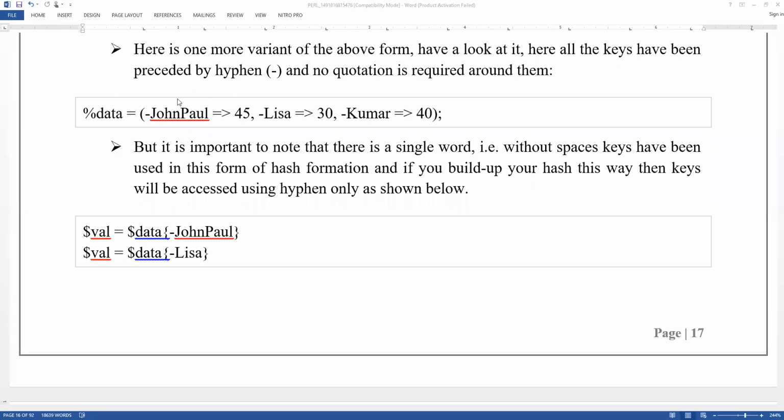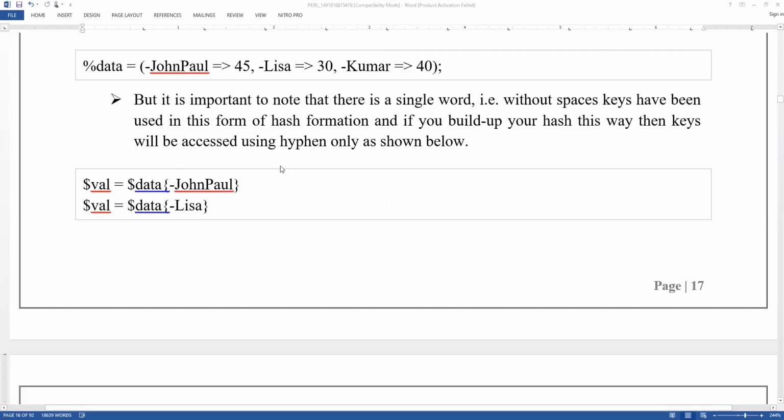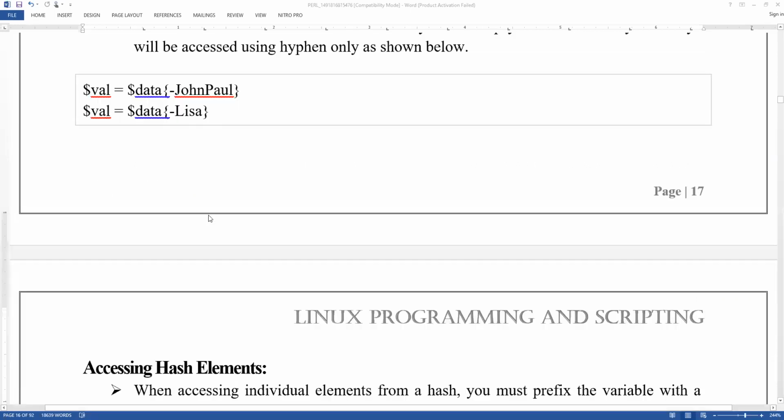These are keys, and these are the values. How you're going to see it here: $value = $data{John Paul}, $value = $data{John Paul}, and $value = $data{Lisa}.